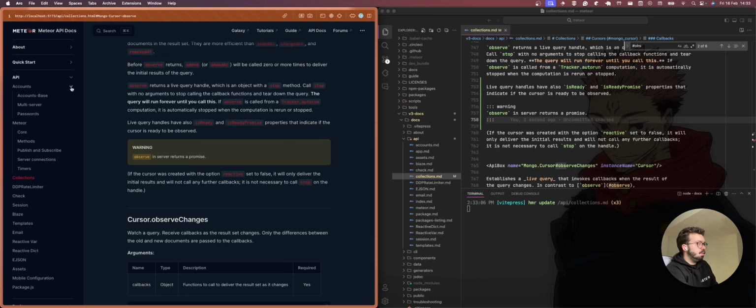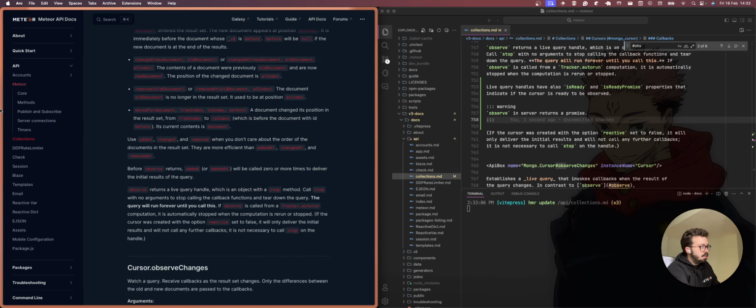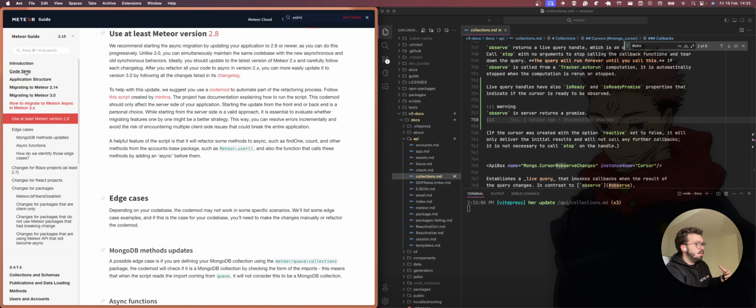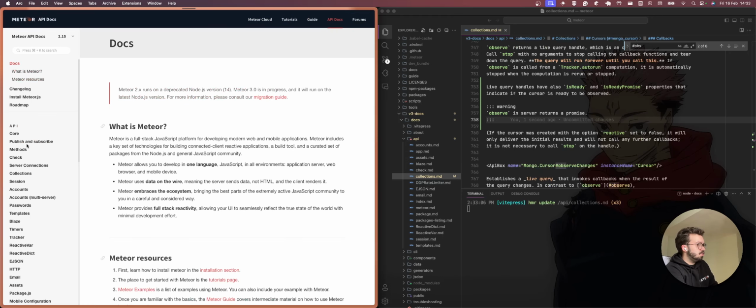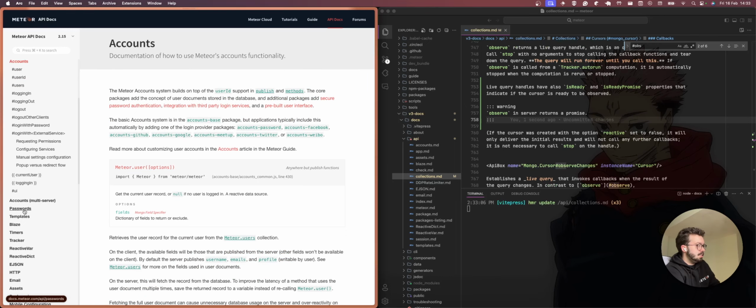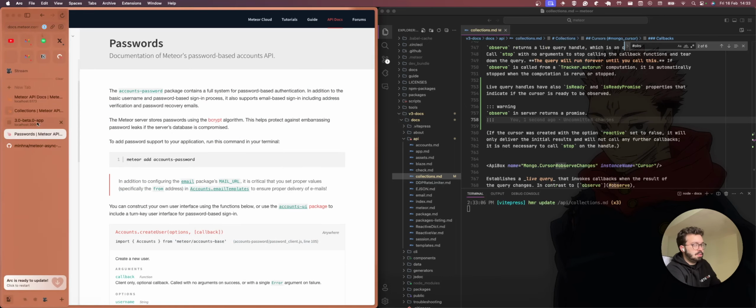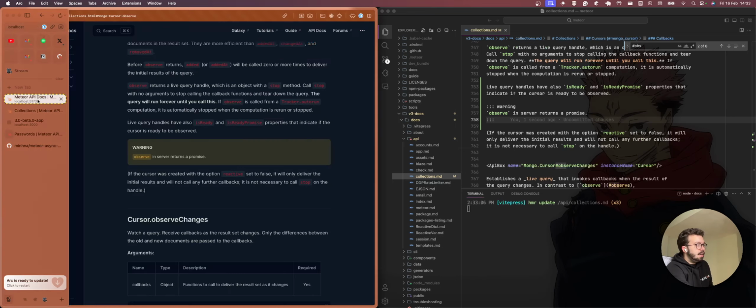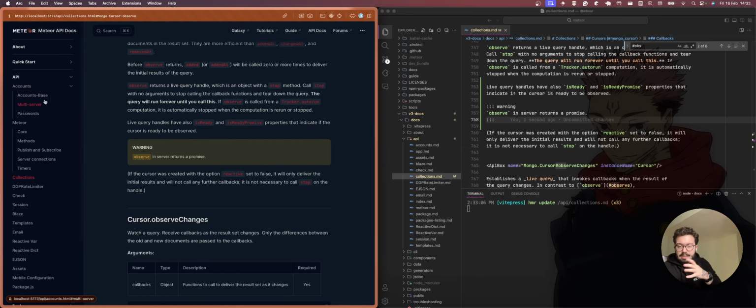Also, now you know what's underneath the umbrella of accounts. I cannot understate how many times I got lost in the API docs trying to understand that accounts-password and accounts-multi-server were the same thing, or were about the same API. Now, because of this whole architecture information, everything is nicely together.